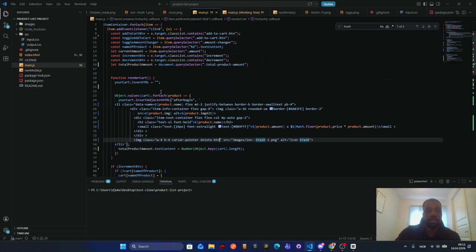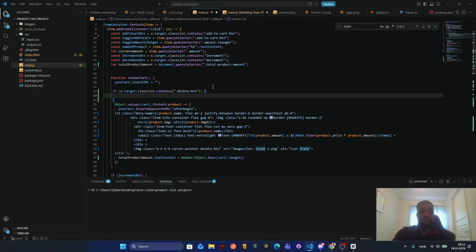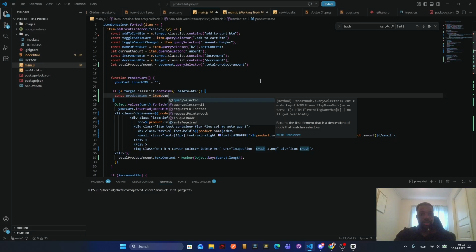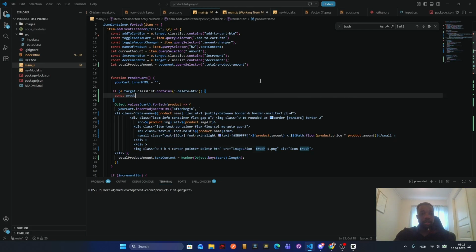So if delete button, you want to const item querySelector. So we need to see if it matches, right? So if eTarget matches,